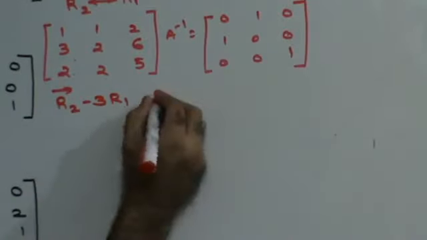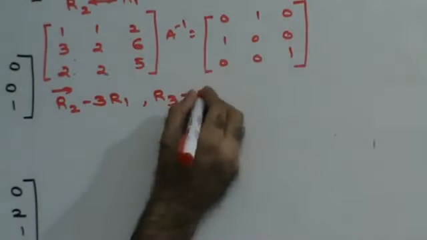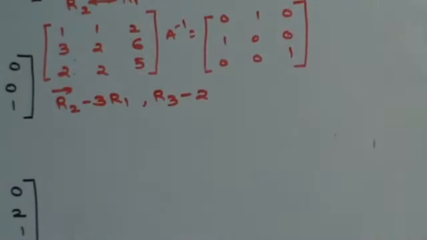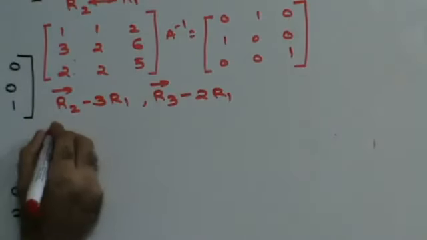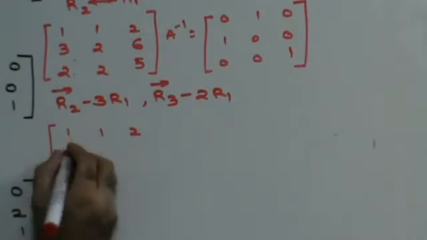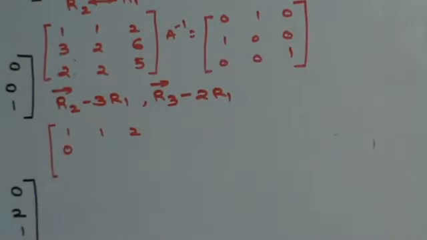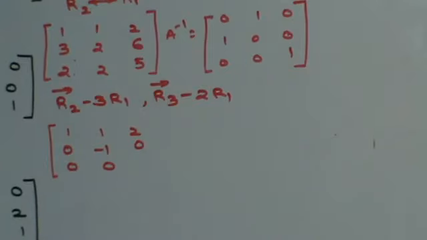I want to make this number as 0. Where is the number? In R3. What is the number? 2. What is the complement of 2? Minus 2 R1. So this is going to be equal to 1, 1, 2, 3 minus 3, 0, 2 minus 3, minus 1, 6 minus 6, 0, then 2 minus 2, 0, 2 minus 2, 0, 5 minus 4,